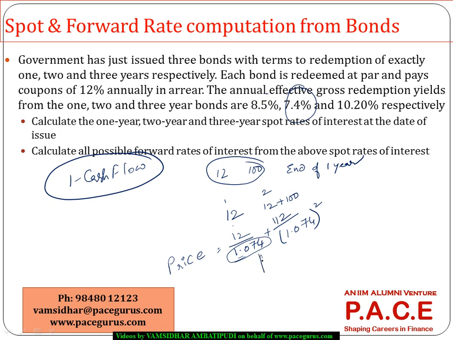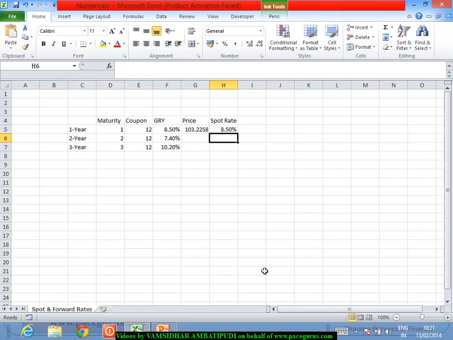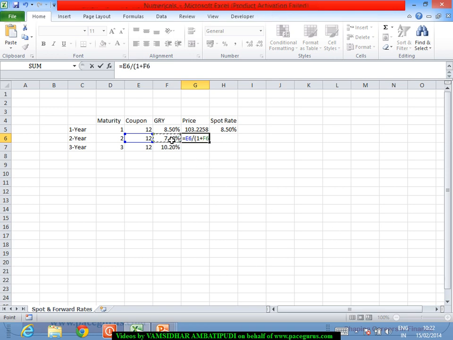First I should find the price of this bond: 12 divided by 1 plus 7.4% plus 112 divided by 1 plus 7.4% squared. So the price of this bond is going to be